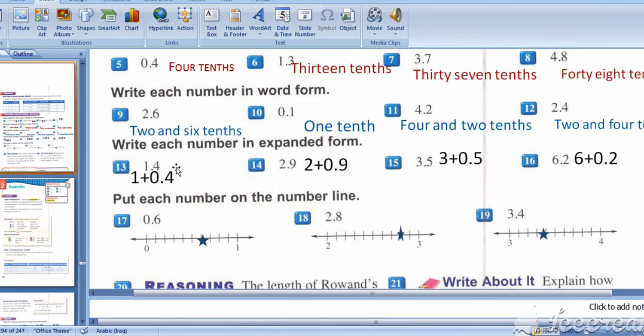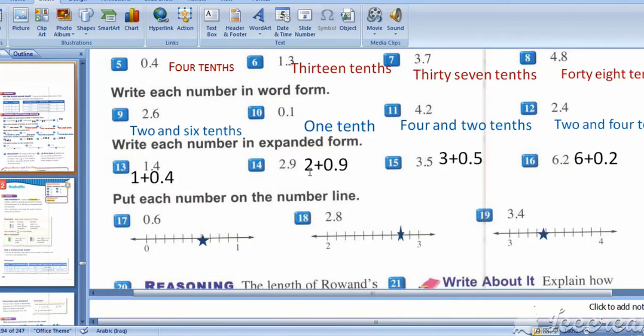From number 13 till 16 we write each number in expanded form. We have 1.4, so write 1 plus 4 tenths. Look at this, after the point there is 1 digit, so put point and 1 zero there. And from there we have 2.7,